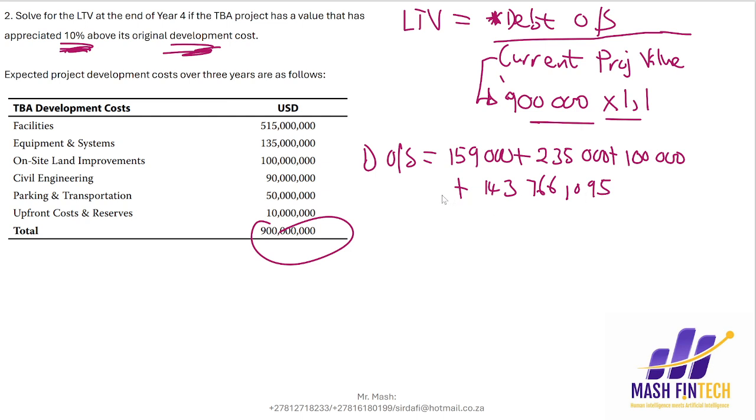Okay, so if you add all of these, you must get the debt outstanding of 637,766.95, and hence the loan to value would then be equal to the debt outstanding